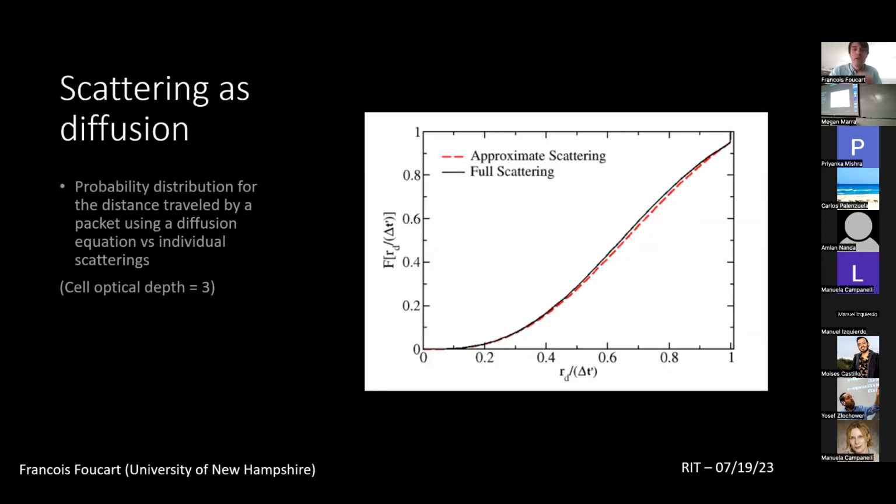So what do we need to do in order to properly capture the dense regions? Well, at the moment in SpEC, we are doing two approximations. First, when we have a lot of scattering events, we are mimicking that by assuming that a lot of scattering is basically just a random walk process through your system. And so you can mimic that by drawing from the outcome of a diffusion equation. And if you correct your diffusion equation so that it remains causal, meaning that neutrinos that will be predicted as moving faster than the speed of light according to the diffusion equation are just assumed to not interact with the fluid,